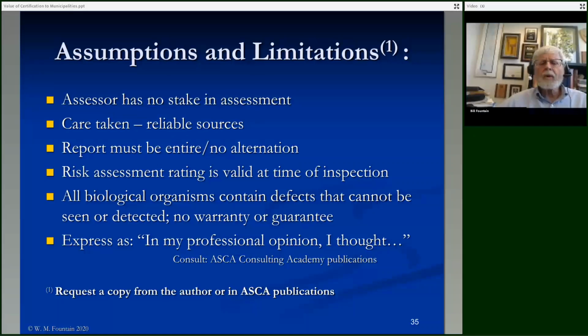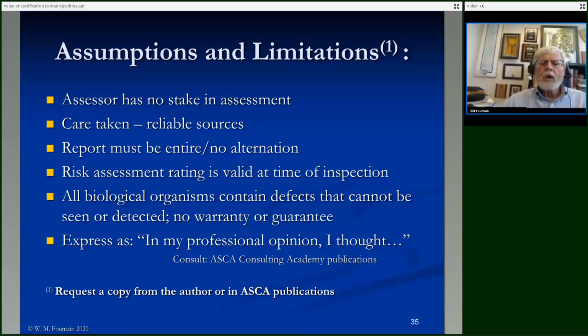And you express, in my professional opinion, I think or I thought that from the observations that I made. And this is an expression that you oftentimes will need to make in court. In my professional opinion, I thought that the tree had a long time left before it failed. We were not able to detect a cavity on the inside of it, even though it was found once it